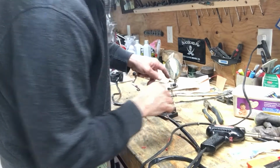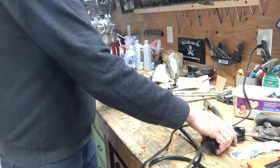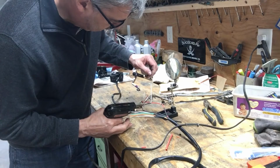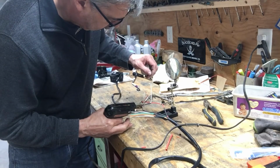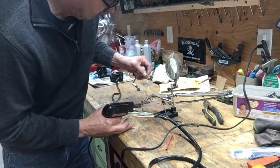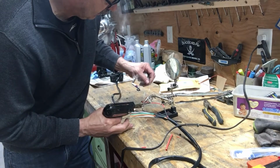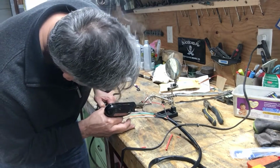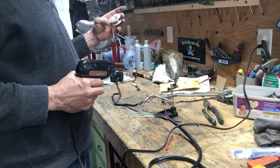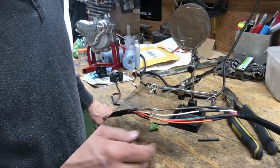These are pretty handy little contraptions here from Princess Auto, or no, Harbor Freight. Not very much money either. Whenever soldering wires, I always use the real fine wire. Not the big thick wire. Takes too much to heat up. That's good. Okay, I'm going to continue on with this. Get back to when I'm done. Got them all